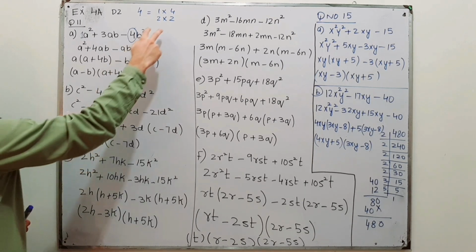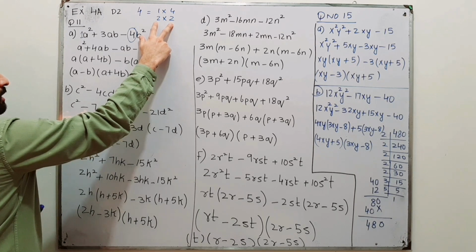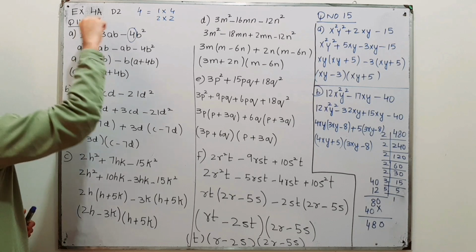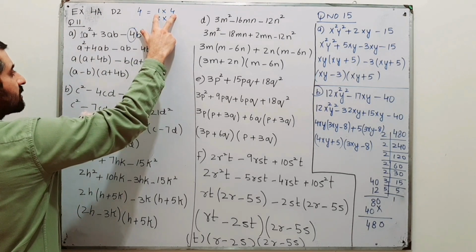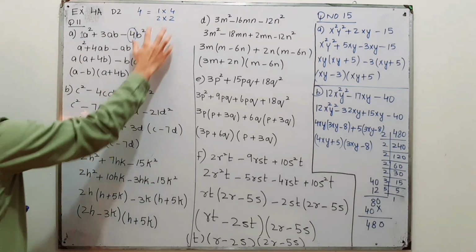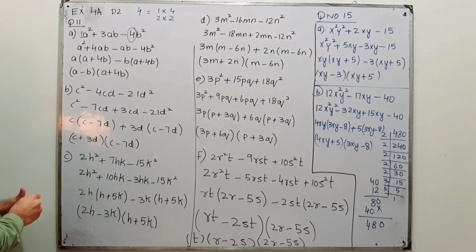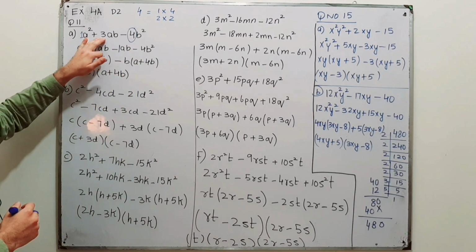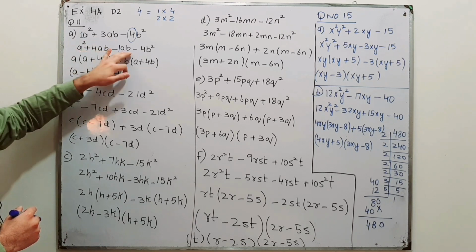Now if I use these factors, if you add them, 2 plus 2 will give you 4, but basically we need 3, the middle term. So 4 plus 1 is 5 if we use this pair of factors, while 4 minus 1 will give you 3. So we are going to use these two factors, 4 and 1. So plus 4 minus 1, this is 1 ab, plus 4 minus 1 will give you plus 3. So we have ab with 3, so write ab with 4 and ab with 1.